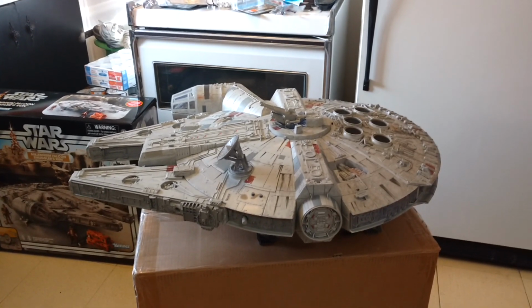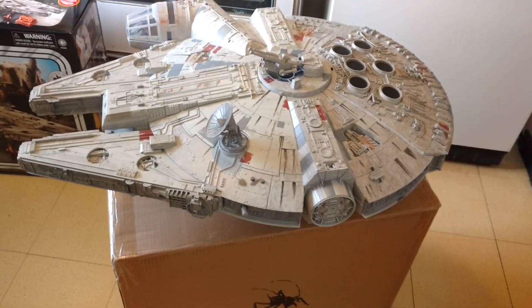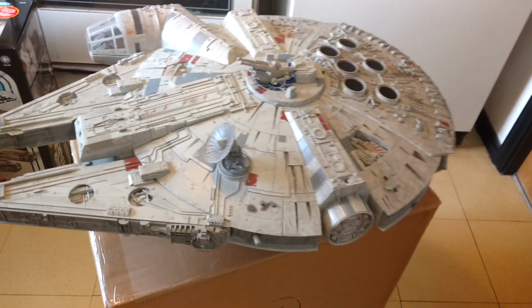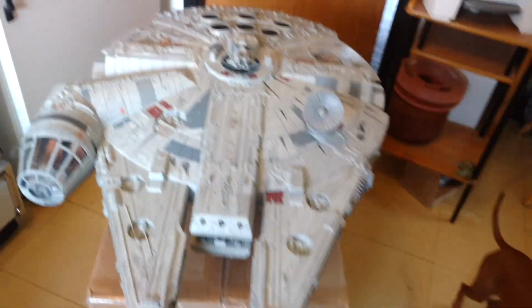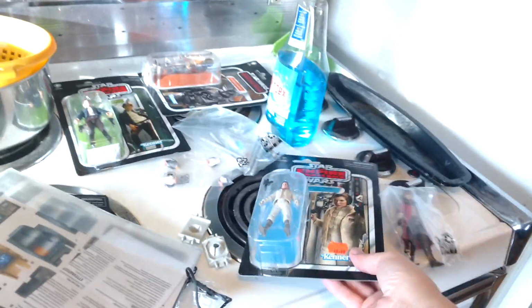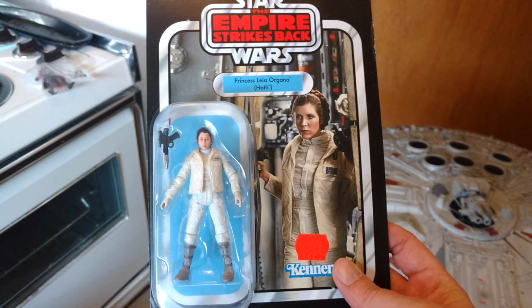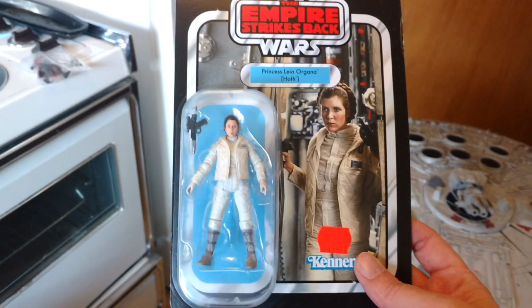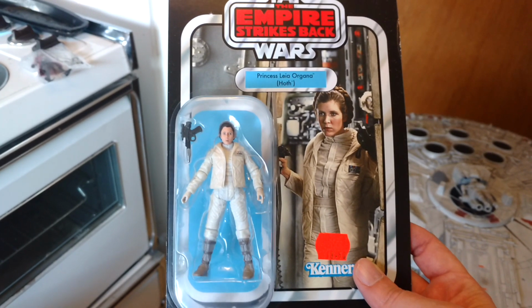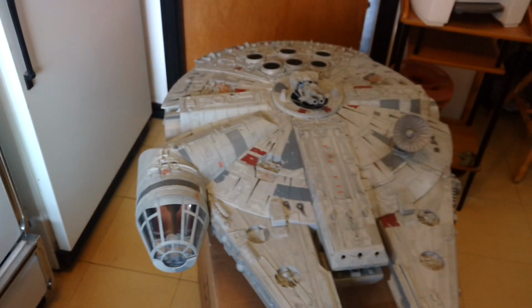But this is something that I wanted so bad as a kid that I ended up making my own out of, I think it was a shoebox or something, because as a kid these things here were my very favorite toys. I don't know how I got them. I was quite the little thief, so I might have stolen them all, because I don't ever remember anybody buying them for me. I had quite a lot of trouble as a kid getting some of the toys I wanted,